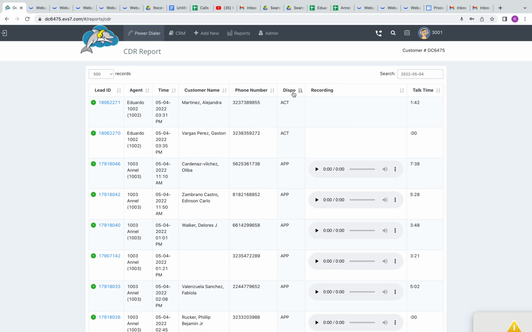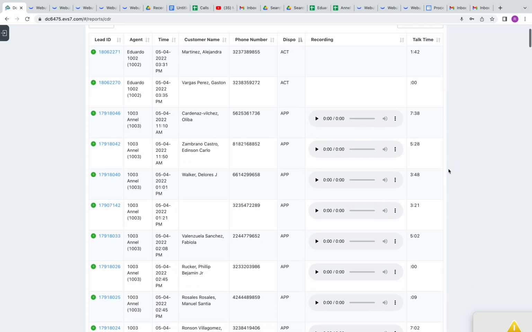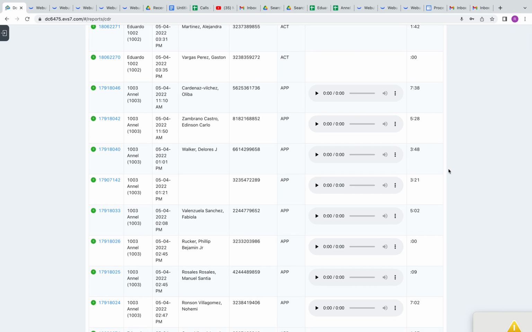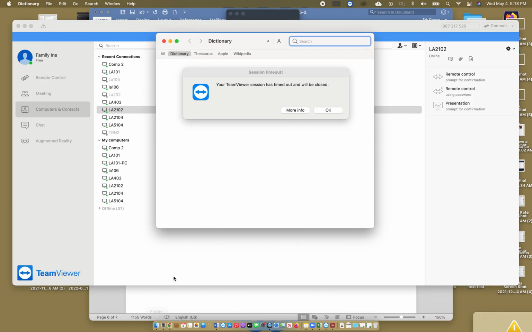As you can see, ACT, I believe that's active policy with family insurance. APP, of course, is an appointment. If you select the right disposition, it allows Tony and myself to know how our production is going through the course of the day. Let's look at all of these appointments. This is Anel, Anel, Anel, Anel, Anel.